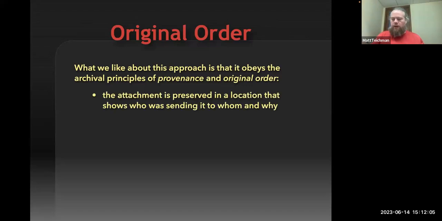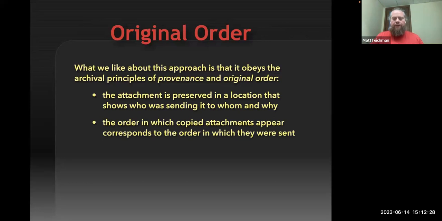So it's good for the archival best practice of provenance in the sense that the converted attachment is in its original context, where it shows who was sending the email and why and who it was sent to, and all that information is just there. And so we don't have to record that separately from the converted attachment because the converted attachment is placed in that context. And then it also is very nice from the perspective of the archival principle of original order,